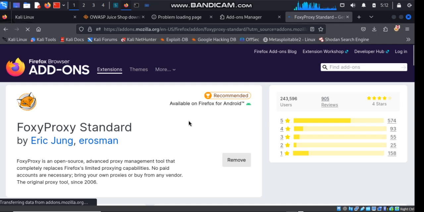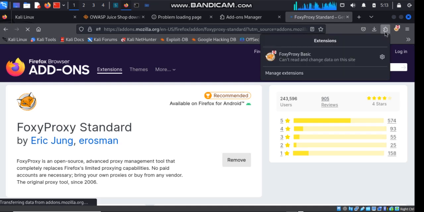Okay, sorry about that. So what I said is when you come to the add-ons, you are supposed to see install instead of this remove. Why there is remove here is because I've installed it on my web browser. When you click on install, it will get installed into your extensions. So let's go back to the add-on manager. When you click on extensions, this is where all your extensions are.